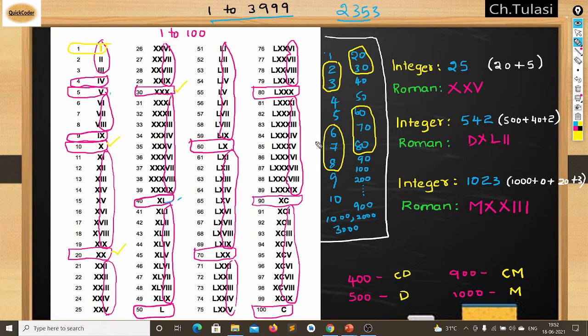Okay, again you should have 90 because 90 is of the new symbol C. So 90 is required and 100 is also required. So again 200, 300 are not required. And again 400 is required and 500 is required, and 600, 700, 800 are not required, and again 900 is required, 1000 is required. Yes. And again this 2000 and 3000 are not required. Okay, and 900 and 400, 500 are required.